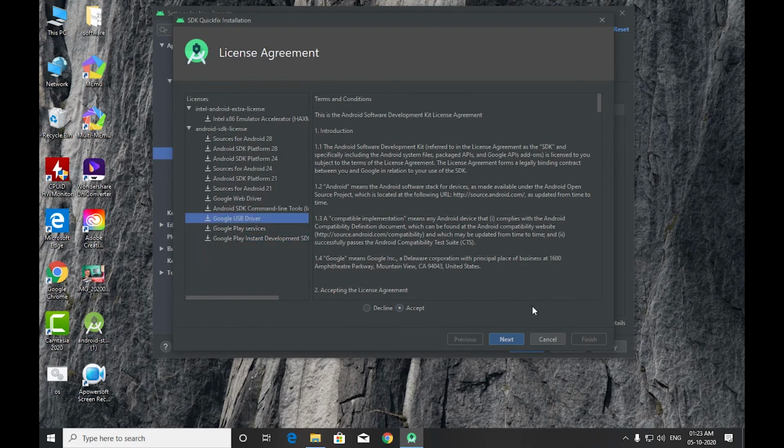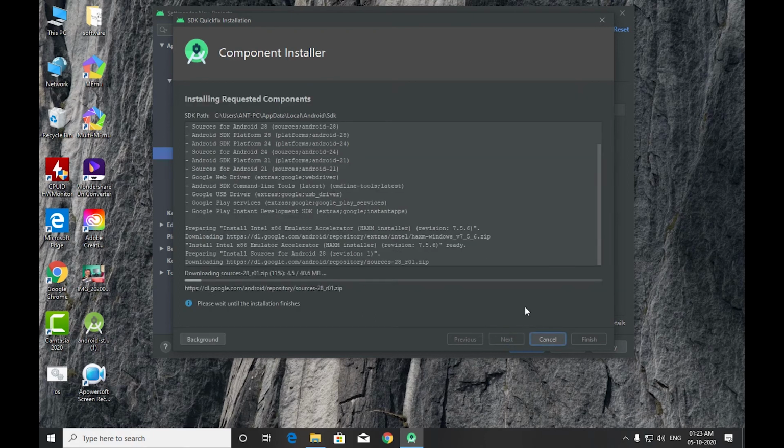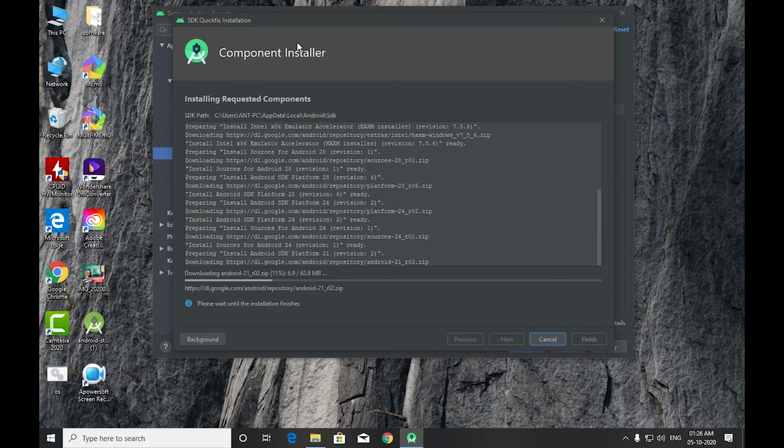We need to download this. Just accept and next. It will take a lot more time. If you have good internet, it will take a little less time. I will just fast forward.